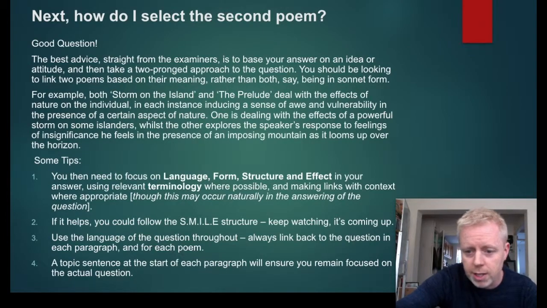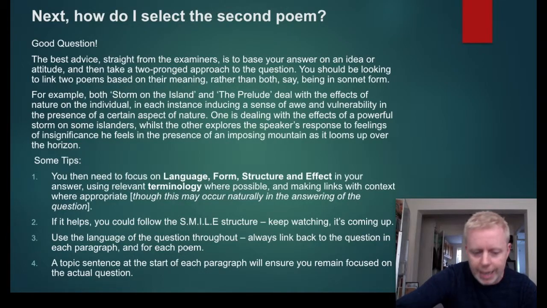And that's kind of my introduction to the answer, in fact. But I'm comparing them to two poems based on their theme rather than how they look, for example. So some tips then. You need to focus on language, form, structure, and how they create effect. That is what the examiner is looking for in this question and indeed in your literature paper as a whole. Language, form, structure, and how they create effect. You must use relevant terminology and making links with context where appropriate, though this may occur naturally in the answering